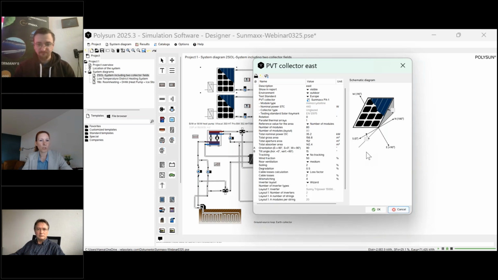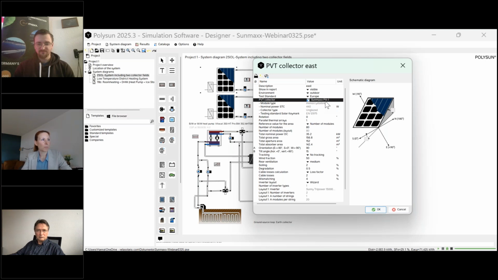Polysun comes with a huge database of manufacturer components. And you can see here that for this example, I used the actual Sunmax PVT collector that you can also buy later on and build your house on. We also have some anonymous components if you want to simulate without defining a manufacturer first, but this database is quite huge.